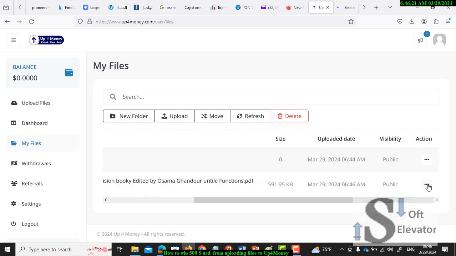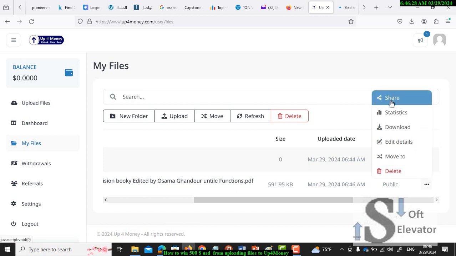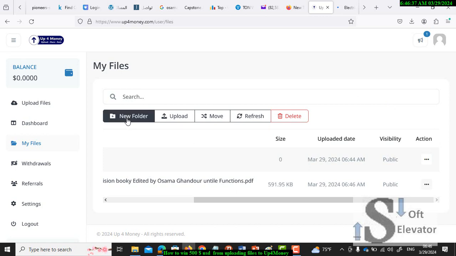Visibility public. Share. When you click share, you can put it in new folders and transfer to